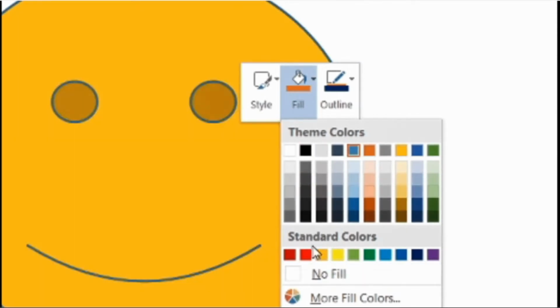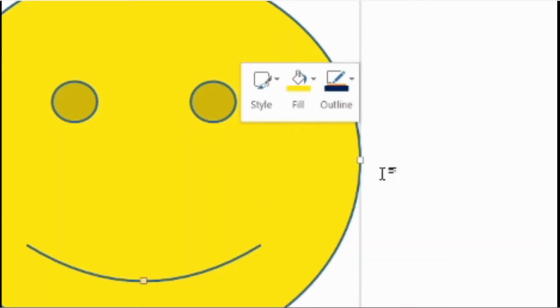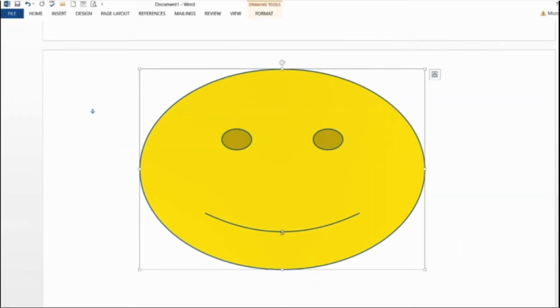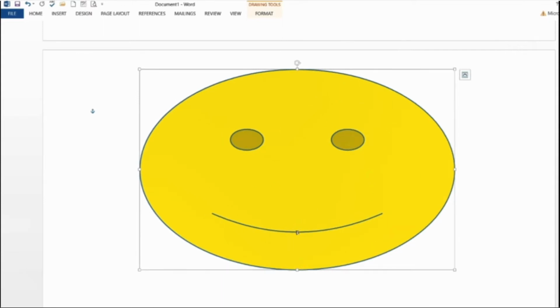If you want to change the color, right click and change it from the fill color. You can change the size of the picture just by dragging and selecting it with your mouse. If you drag it outwards, the picture will get enlarged. If you drag it inwards, your picture will get smaller. In the same way, see the smiley, no more is it a smiley now. I have changed it, see the arc also, just by selecting it. So this also is possible in shapes. You can rotate the shape.